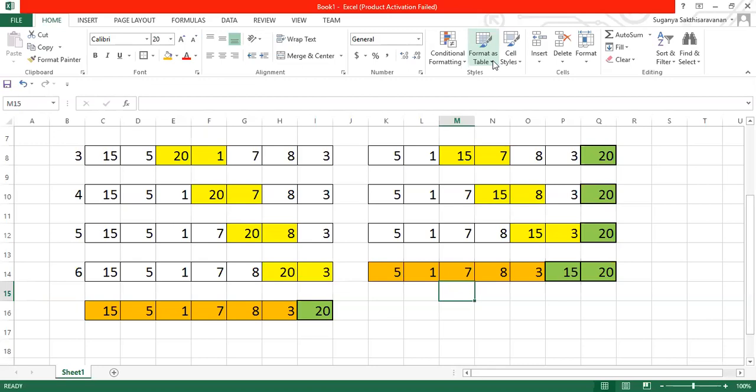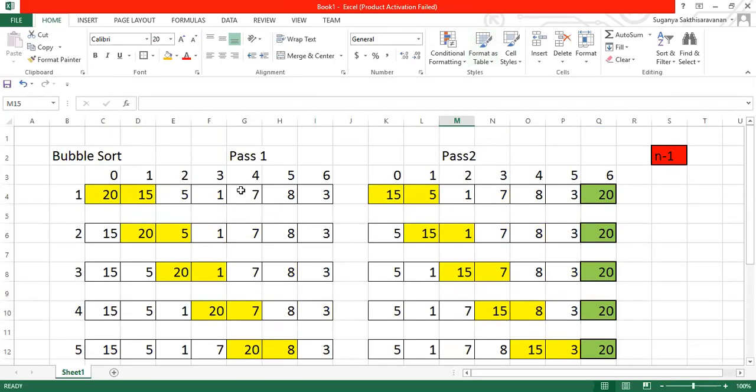Make it faster, hardly 5 minutes, not more than this. Understand the logic here: you will be using two loops, guys, because the process has to be repeated again and again.